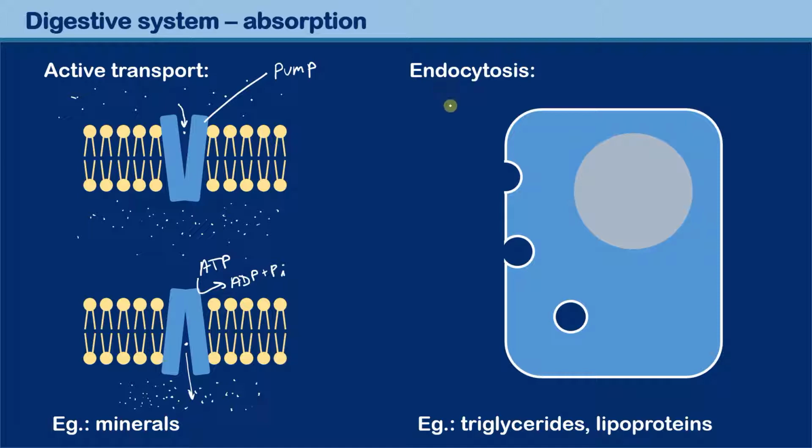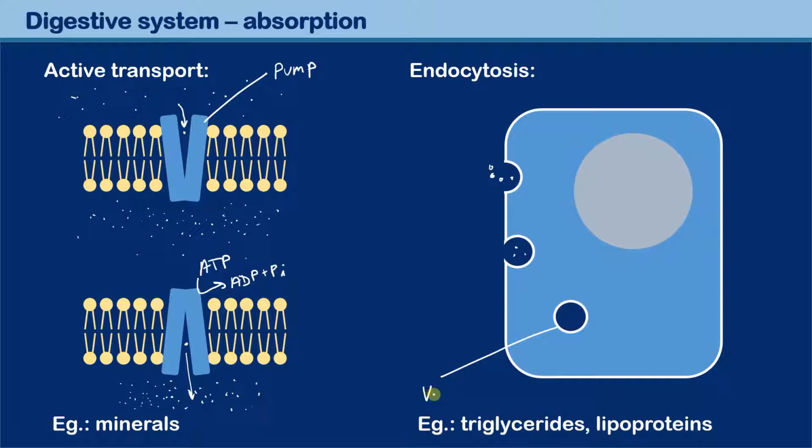And in endocytosis, we see that the membrane itself folds in. So if this is our cell, the gray one here, that's our nucleus. And if you have over here, let's say fat droplets, these are the so-called triglycerides or certain lipoproteins, what will happen is that the membrane will fold around them and it will start to make a so-called